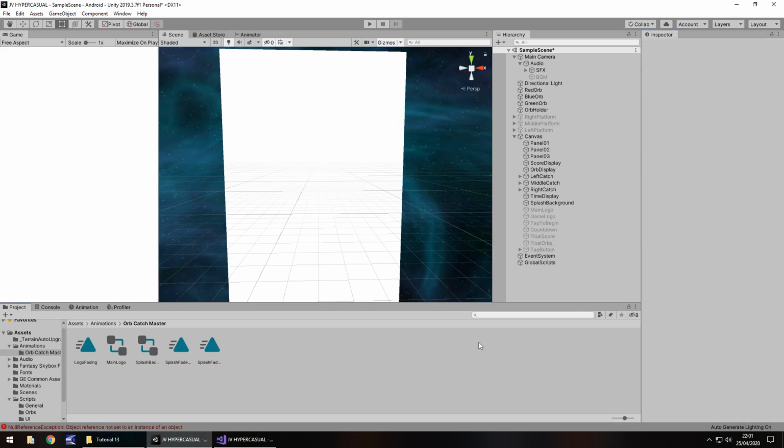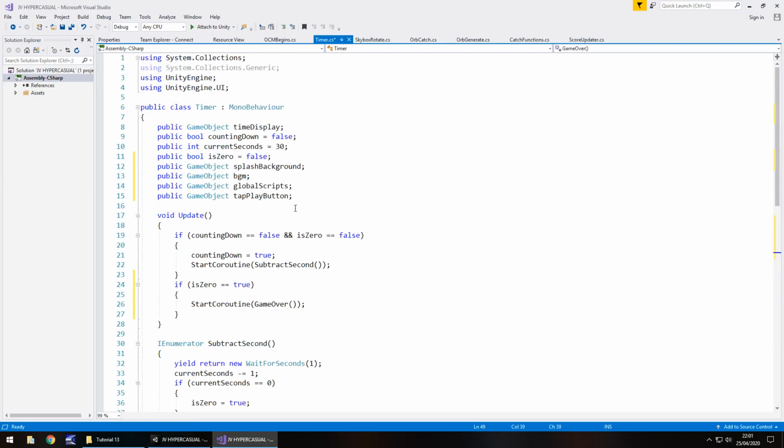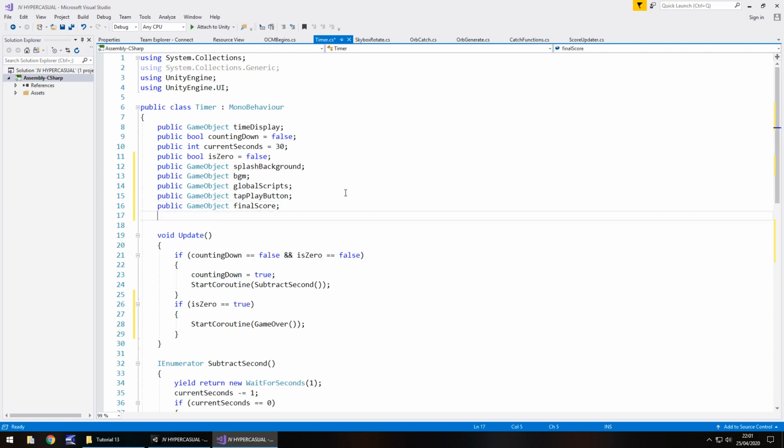So where do we go from here? We now need to declare these two as variables in the timer. So let's go ahead and do that. Public GameObject finalScore; public GameObject finalOrbs;